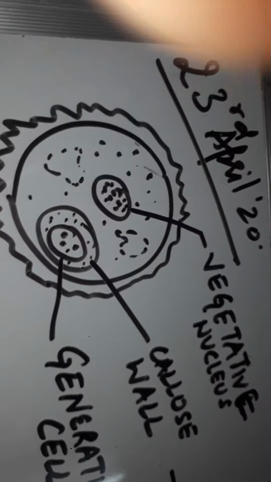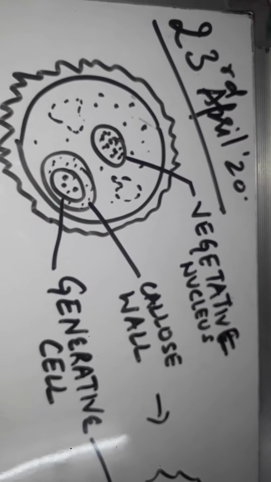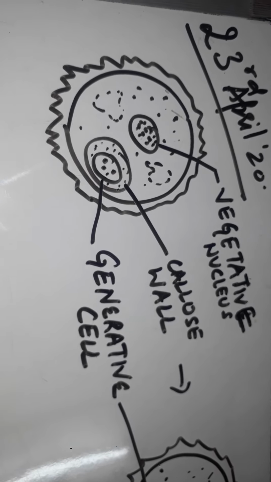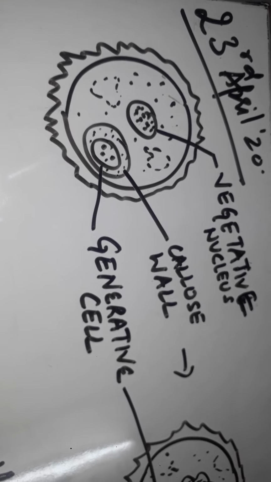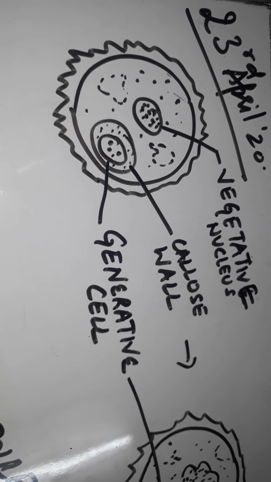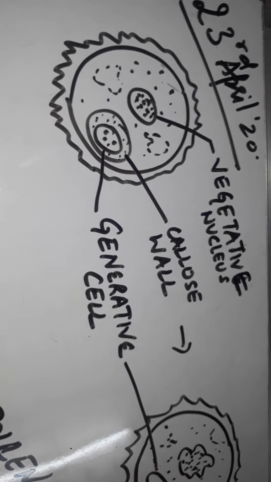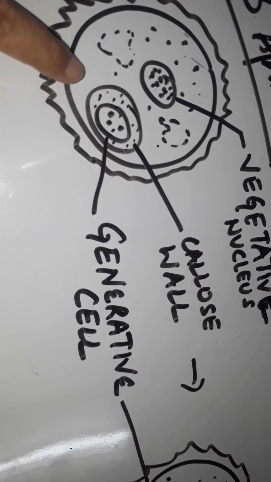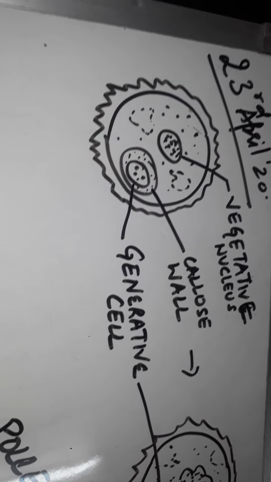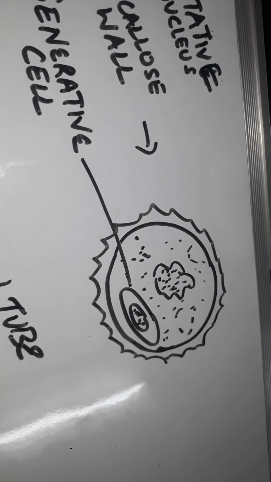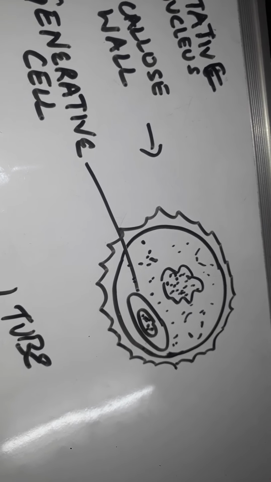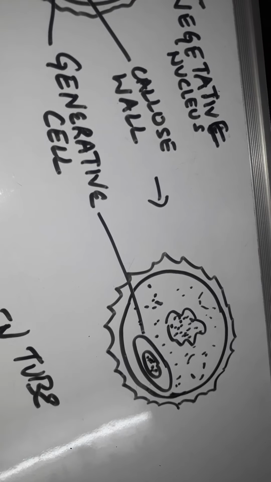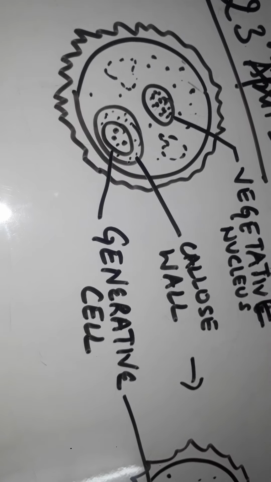Good afternoon, students. In the previous topic we have discussed the pre-pollination development. So we saw that the microspore will develop into two cells, vegetative and generative cell. As soon as these two cells are formed, a layer of callus wall will develop around the generative cell, and this generative cell becomes separate from the pollen walls. Later on, this layer will be dissolved, and the generative cell will come to lie in the cytoplasm of the tube cell.